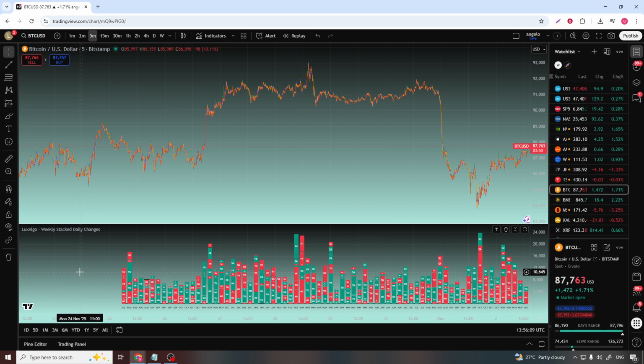This tool is meant to show you how each day's change builds up across the week, so you can quickly visualize daily performance within a weekly context. It's especially useful if you're analyzing momentum, volatility, or just want a clearer breakdown of how a week's move is constructed day by day. If you don't see it right away, make sure it's enabled in the list of indicators